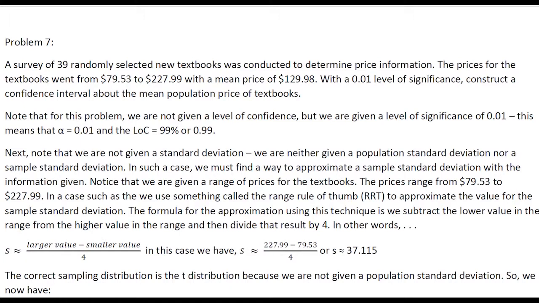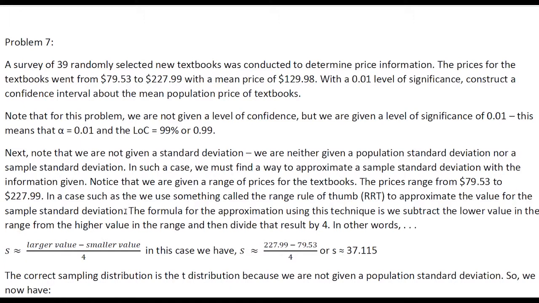And it's a very rough estimate, but we use it when we know some information and not other information. If you notice, the problem does say the prices range from $79.53 to $227.99. In a case such as this, we use something called the range rule of thumb to approximate the value